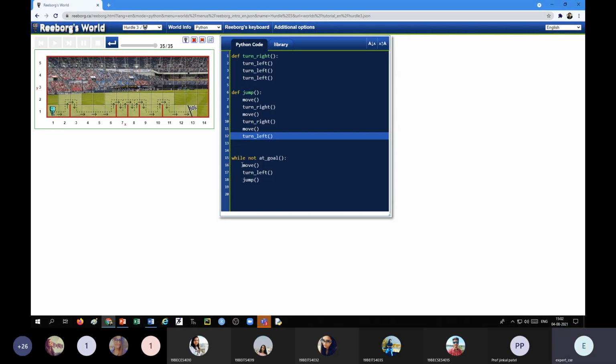We have to simply check whether there is a way or hurdles.